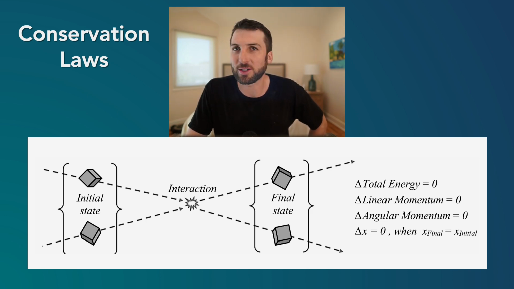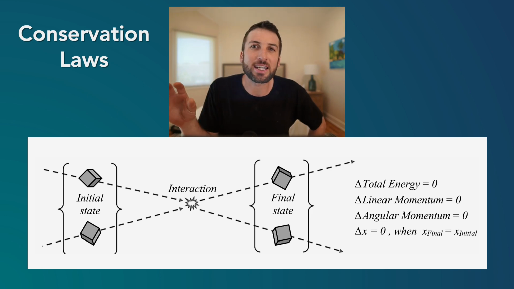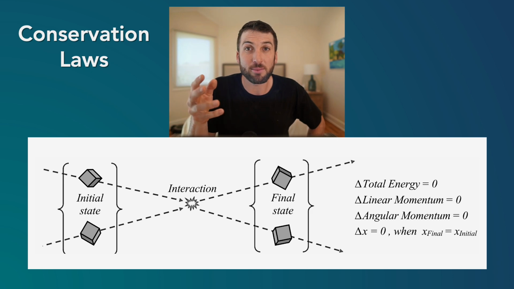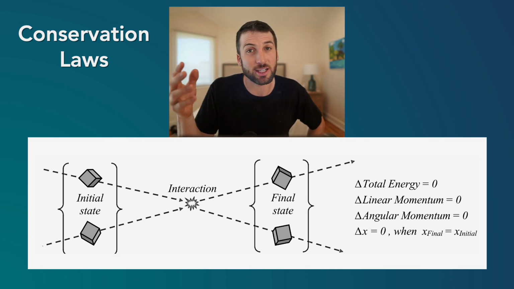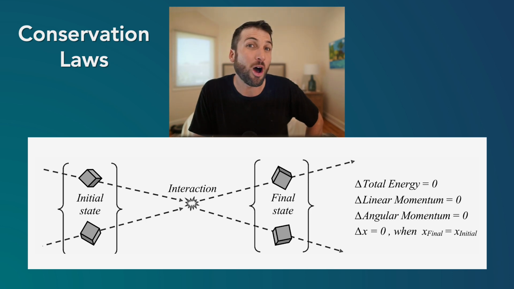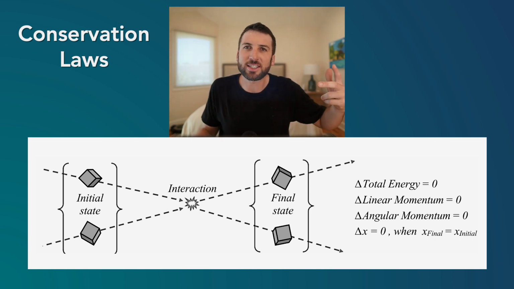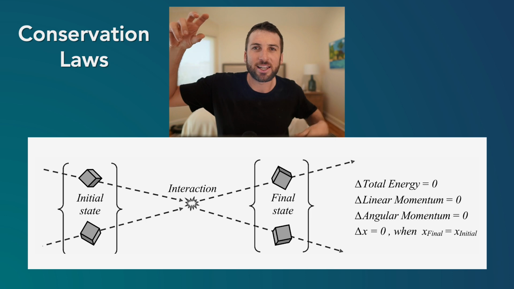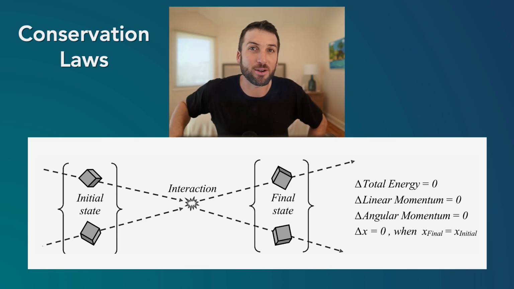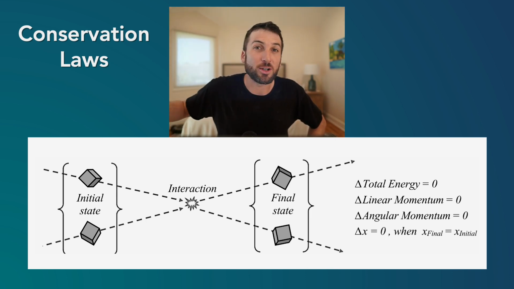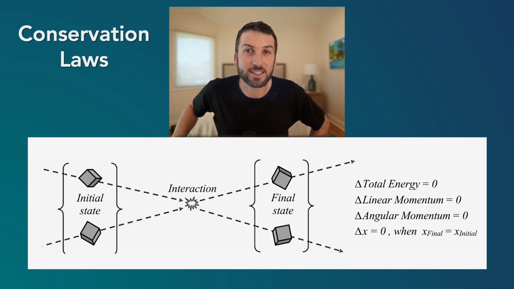Well, yeah, the total energy, right? The total energy of the initial state is going to equal the total energy of the final state. Additionally, the total momentum of the initial state and the total momentum of the final state would also be at equilibrium. They won't change: linear momentum and angular momentum. So for example, if you know the initial states and you know one energy in the final state of the other object, you would know the other object, because what you're expecting following the laws of conservation is that the total energy and the total momentum would be conserved, would be at equilibrium, would not change.